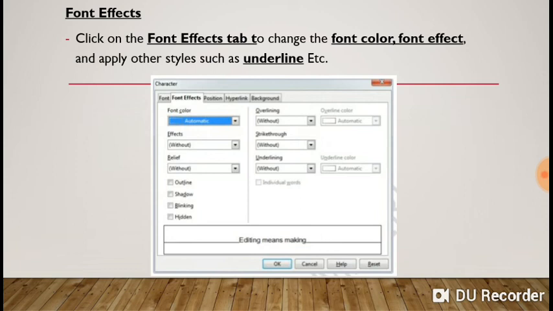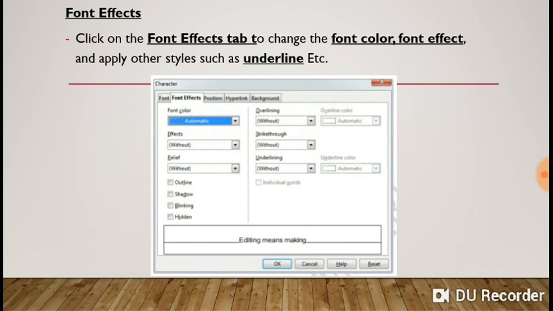If you want to give the desired color to your text, yes, we can select it. The first one is font color. Whenever you click the drop down arrow, all the colors will be displayed. Select any color, and yes, we can give color to the font, to the text. Effects, a number of effects are there. If you want to apply 2D or 3D effects, yes, we can apply them also.